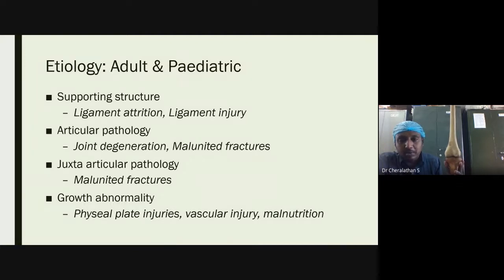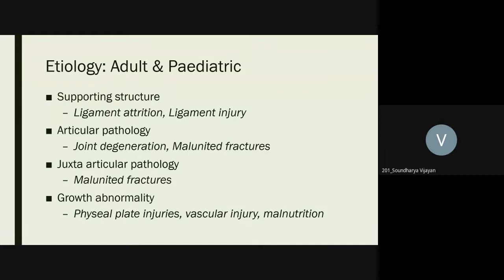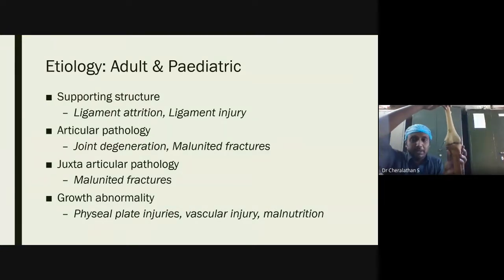Or it can be an acute trauma, like in a sports injury, where another person kicks somebody else's knee. That can cause acute rupture of that ligament. That is ligament injury. So whenever the ligament is torn, you can have a deformity. Now, if I take my thumb, my thumb is supporting the medial collateral ligament. If this is gone, see what is happening. Now the strand which was supporting the medial side is gone. What is happening? Valgus deformity. Exactly. So the medial collateral ligament is torn and we are getting a valgus deformity.